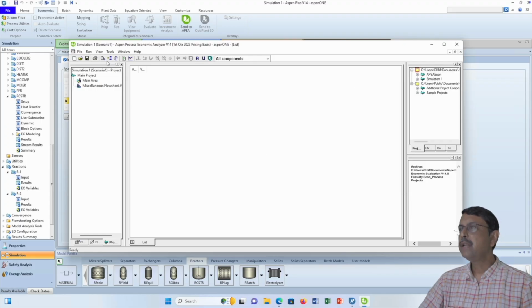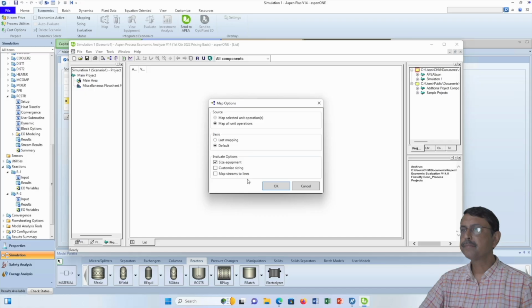Now you will find these things. This one is map simulator items. This one is evaluate project. This one is capital cost. This one is investment analysis. Okay. Now let us go one by one. Let us first check the map simulator items. Now map all units